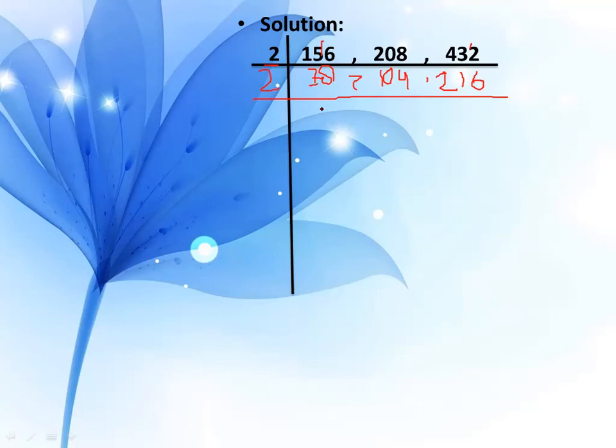First you will take 78. 2 into 3 will become 6, and carrying one to the next number, it will become 18. 2 into 9 will become 18. Then 2 into 5 will become 10, and 2 into 2 will become 4. Now the next is 216. I'm explaining this to you separately. Let's look here: 2, 1, 6.